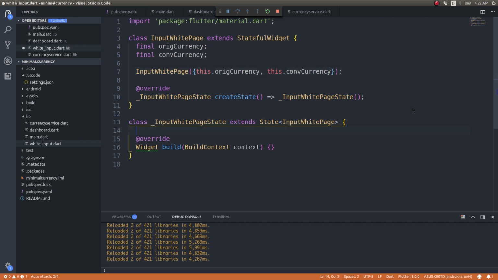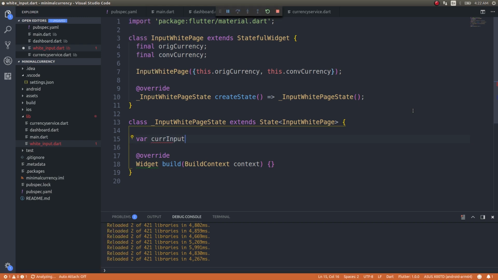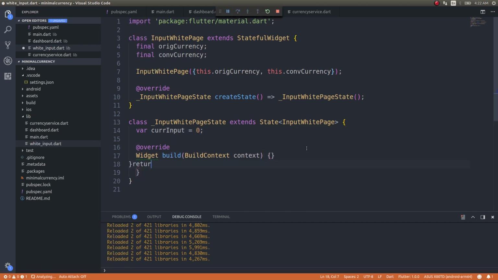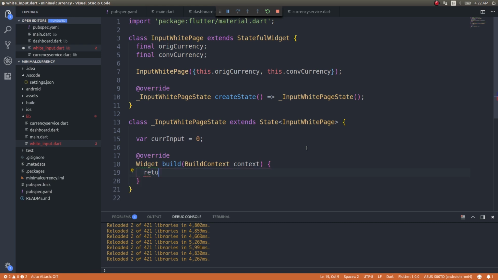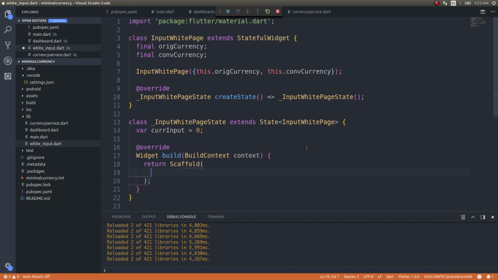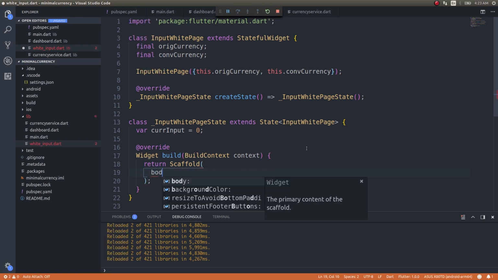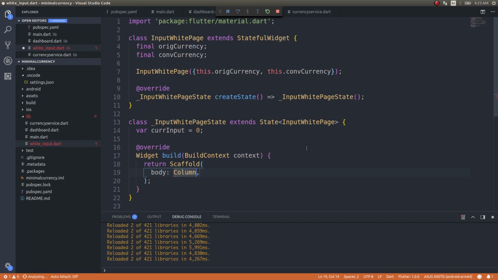And here instead of returning, first I'll have a value where current input equals 0. Fine. And here inside the build function, I'll return a scaffold, and for the scaffold I'll have a body column. Fine. Inside this I'll go ahead and do children widget,